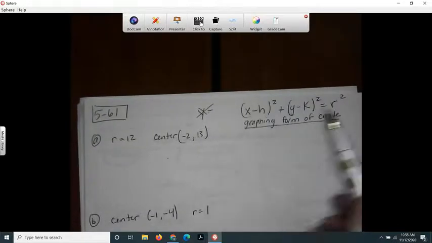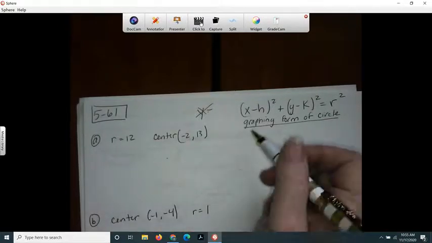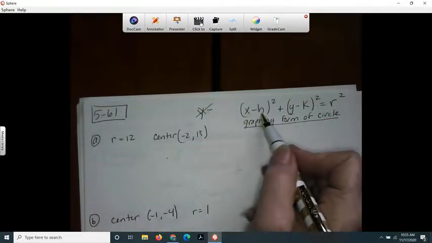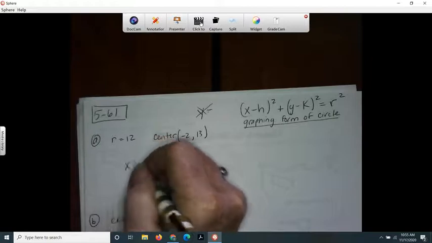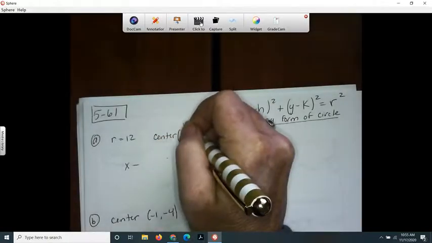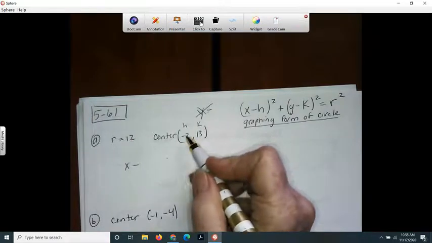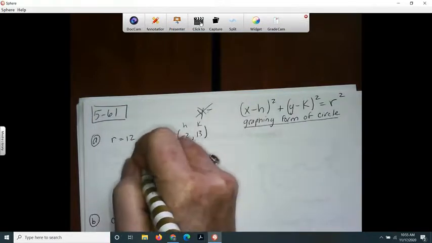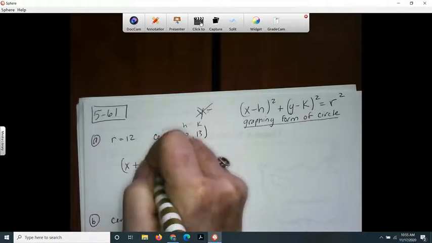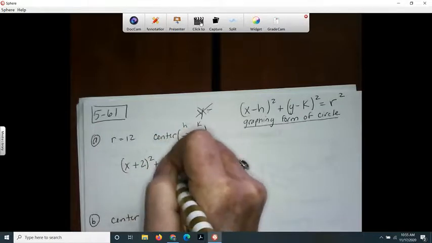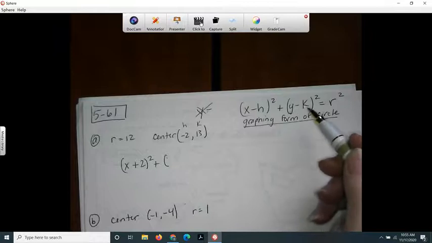It's going to be x minus h, so that would be x minus negative 2. X minus negative 2 is x plus 2. And then it's y minus k, so it's y minus 13